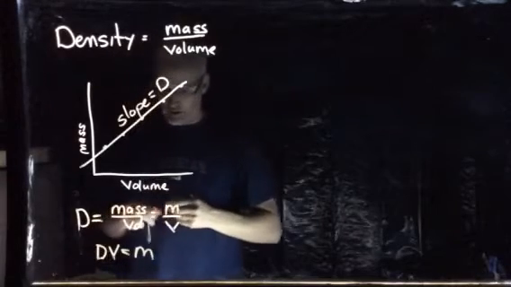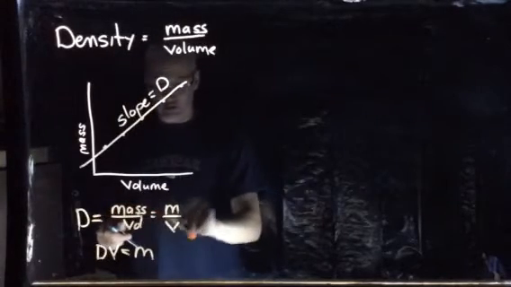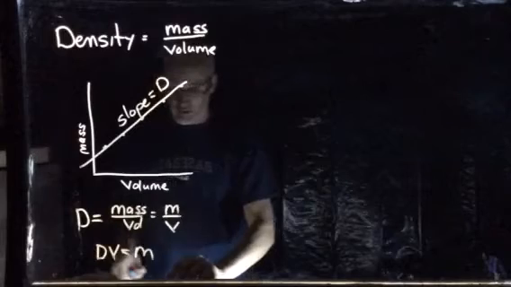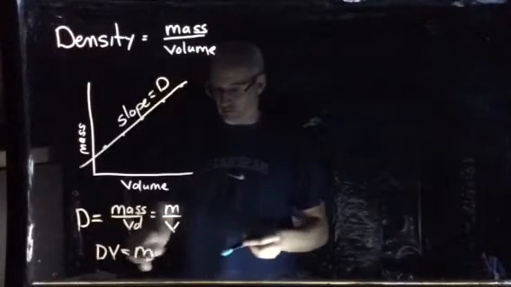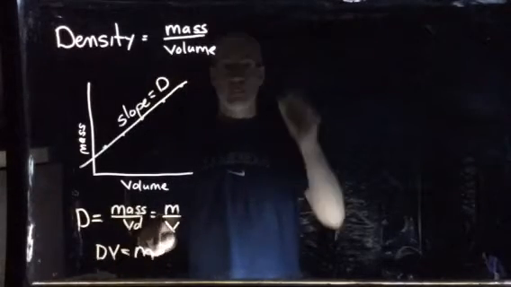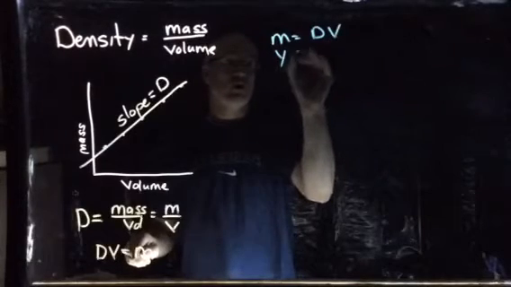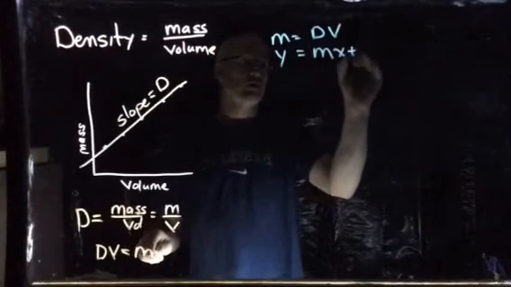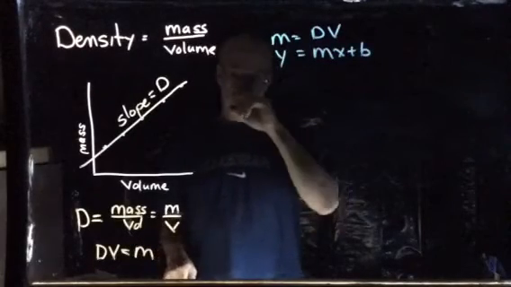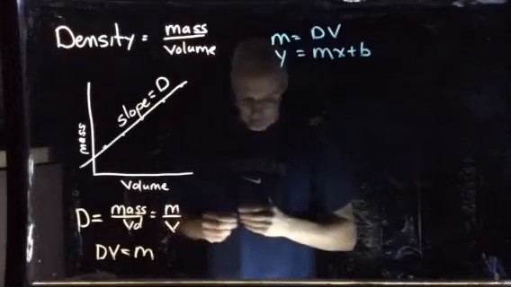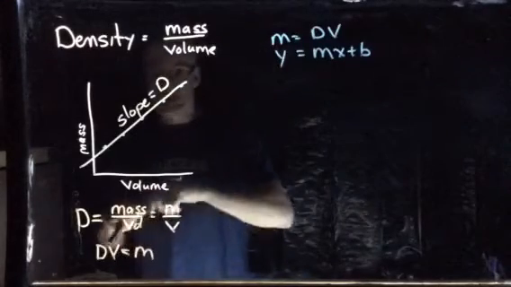the density. Because density is mass divided by volume, and if we rearrange to get the volume off the bottom of the fraction, we get mass is equal to density times volume, and that relates to y equals mx plus b. And then to find the slope, to remember how to find the slope, I highly recommend you take